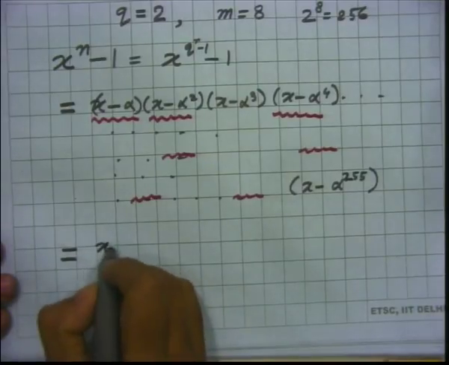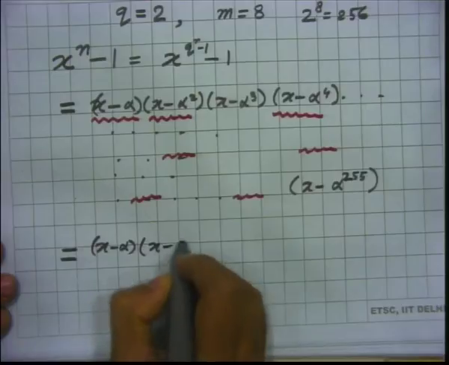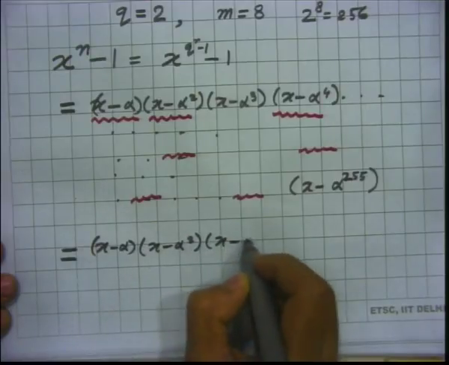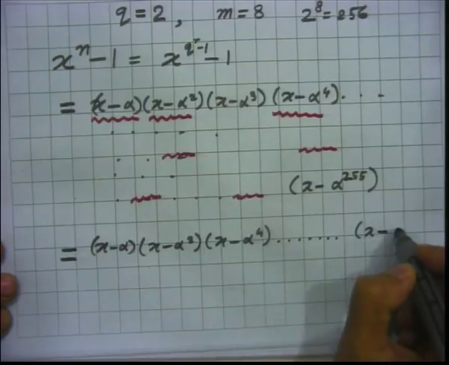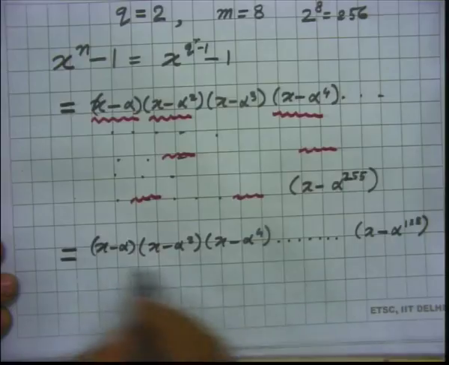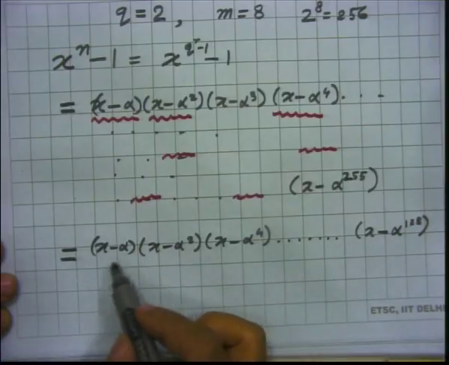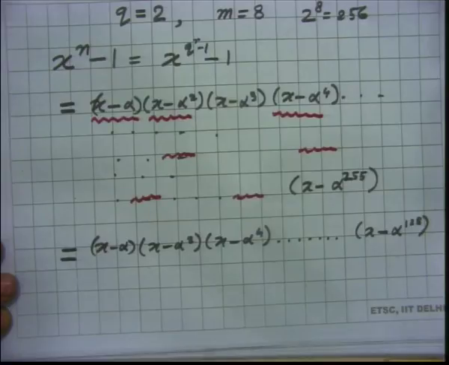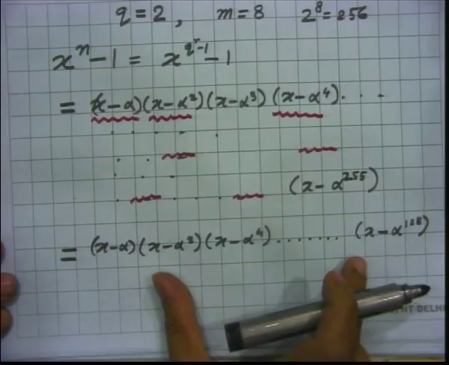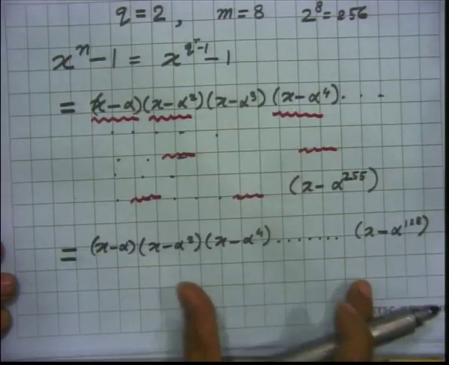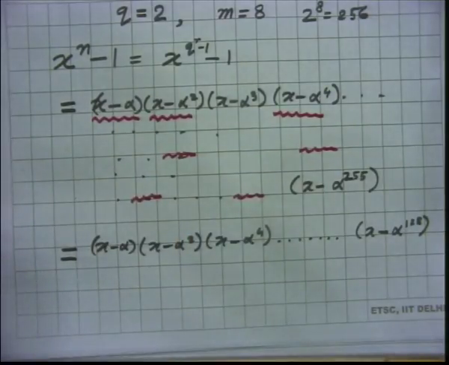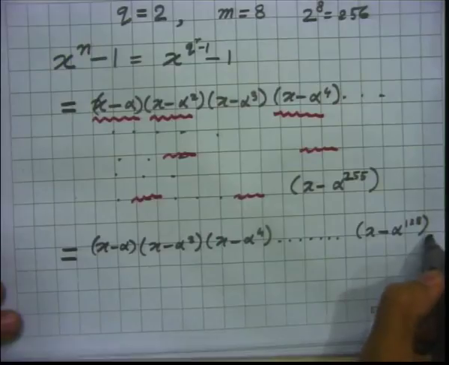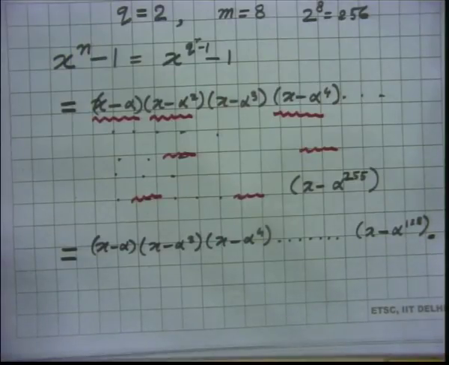So, you get x minus alpha, x minus alpha squared, x minus alpha 4, up to x minus alpha 128. Now, if you multiply them out, all the alphas will disappear, because your base field is GF2, and you will be left with some big polynomial with coefficients either 0 or 1. But we have just regrouped. Now, we have not exhausted all of them, so this is multiplied by the next group,